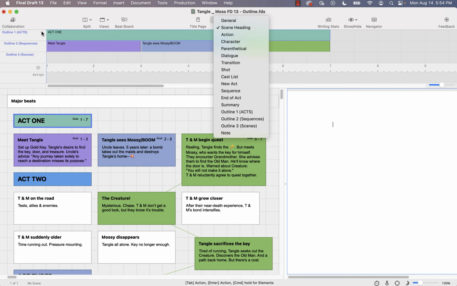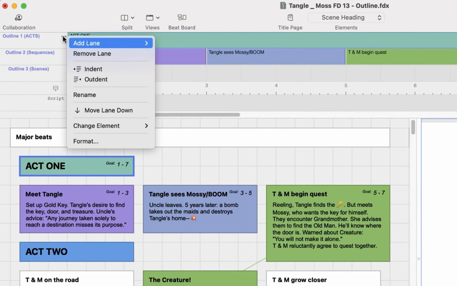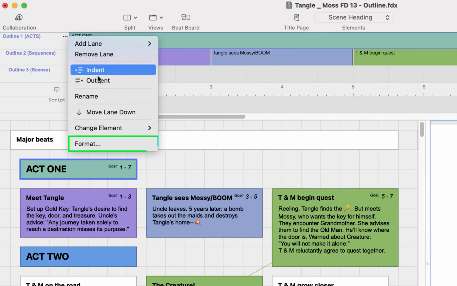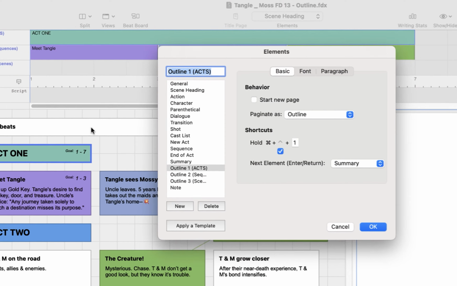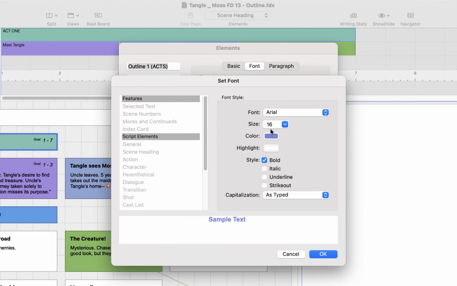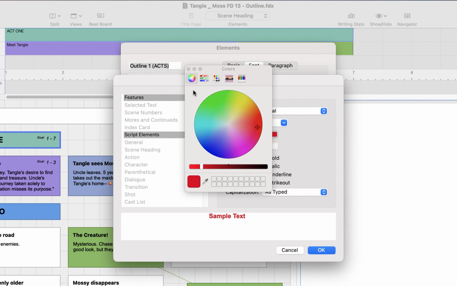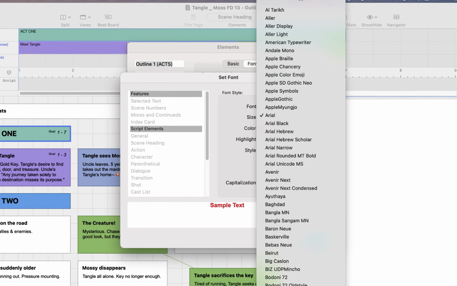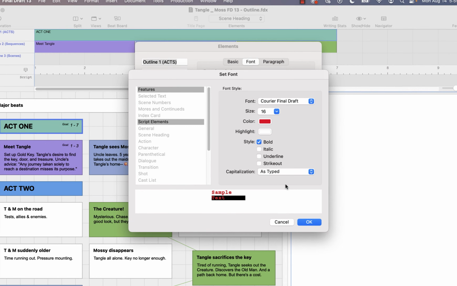You can further customize an outline lane's element by choosing Format from the Lane menu. This will open the Elements menu, where you can customize any header-level outline element's color, font, or other attributes.